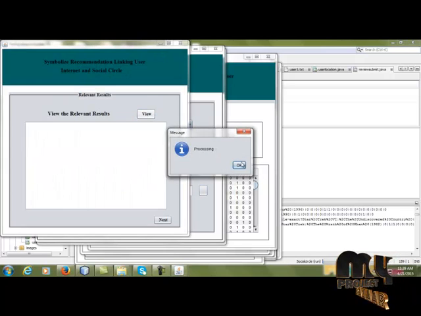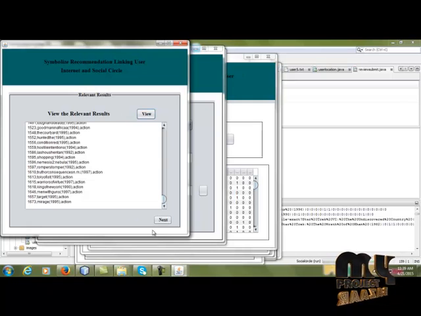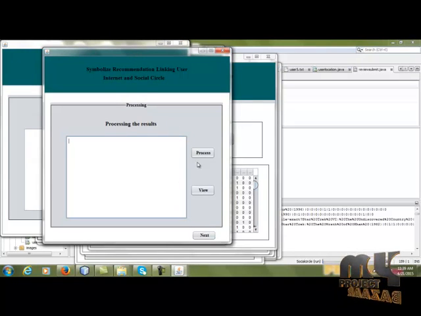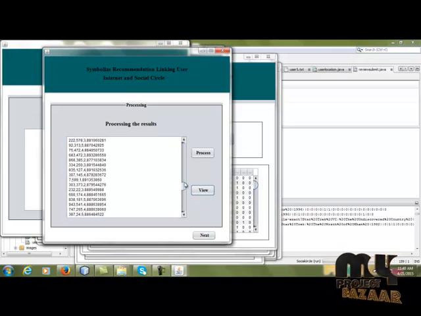View the 252 movies, and after that the corresponding user ratings are retrieved.